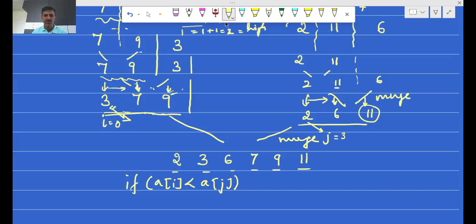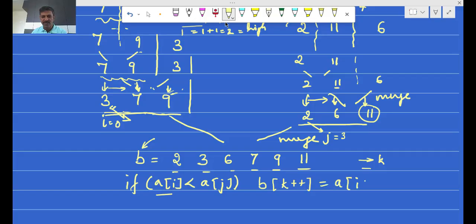While merging you require one more array because you cannot do it in place. So this is a new array B, and to keep track of elements in B, you have to take one more variable k. So when you compare these two, you observe that A of i is less than A of j, then you should copy in B using the index k